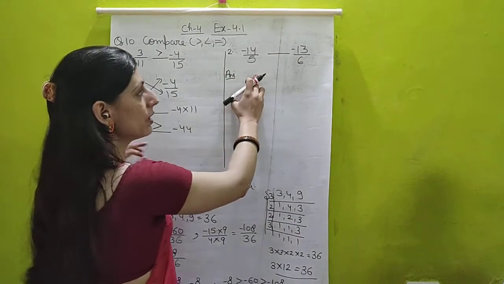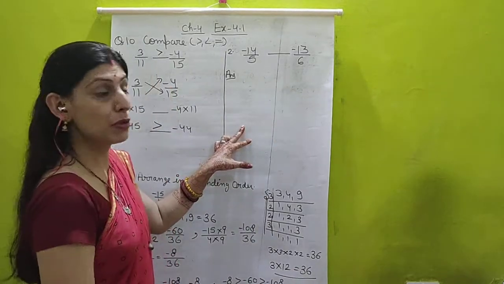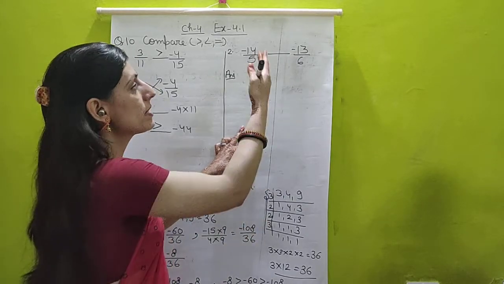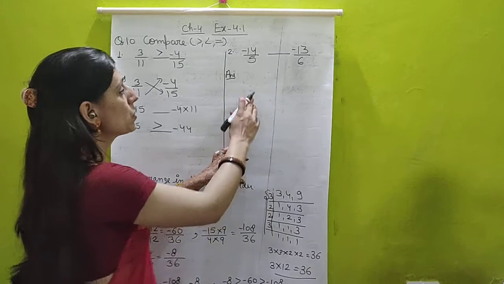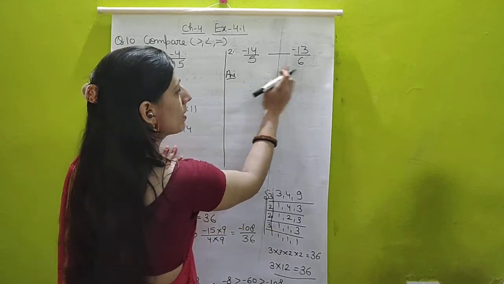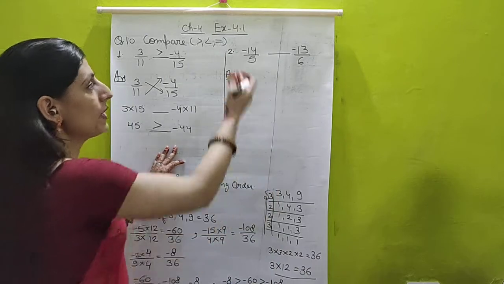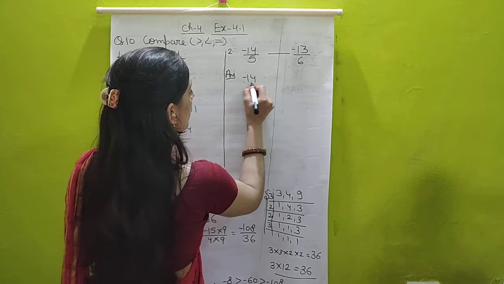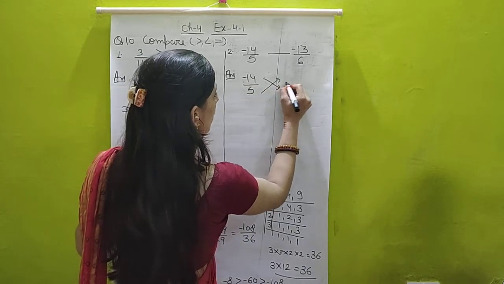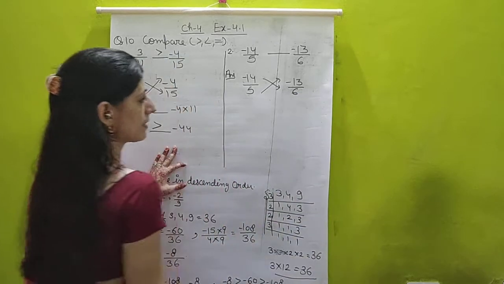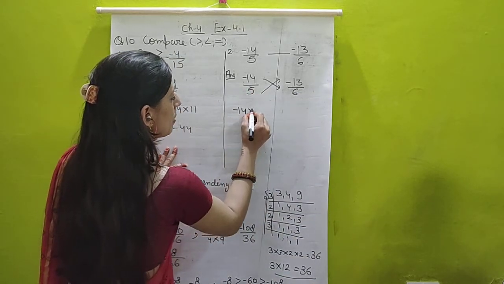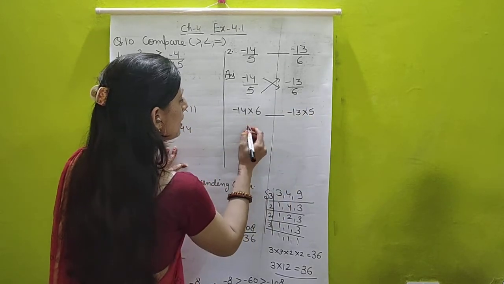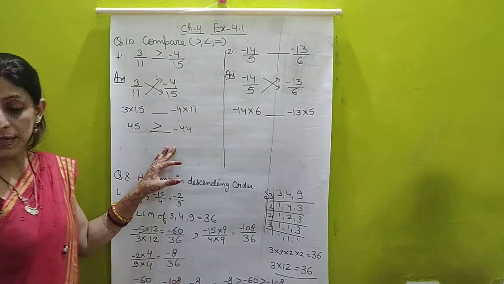Now this one question you need to solve completely because here both numbers are given with the negative sign. So you are not able to say which number is greater or which number is smallest. Okay students. So here I will apply the same method because the denominators are positive. It doesn't matter when numerators are negative with the negative sign. The denominator should be positive. Now minus 14 upon 5 cross multiply with minus 13 upon 6. Here minus 14 multiply by 6, then minus 13 multiply by 5.